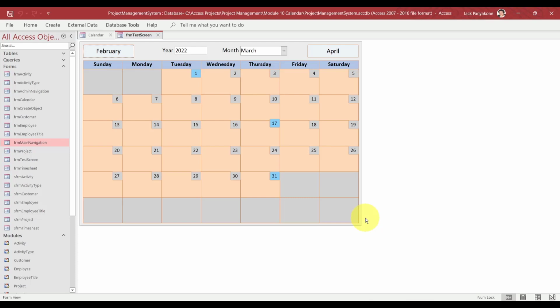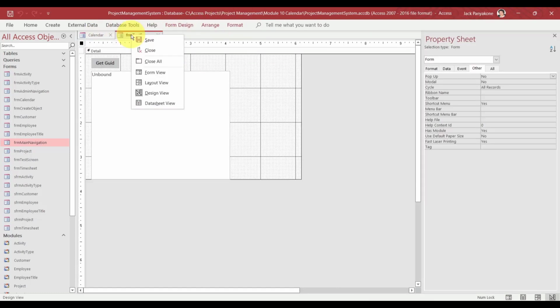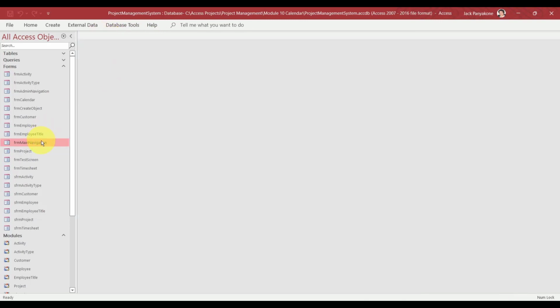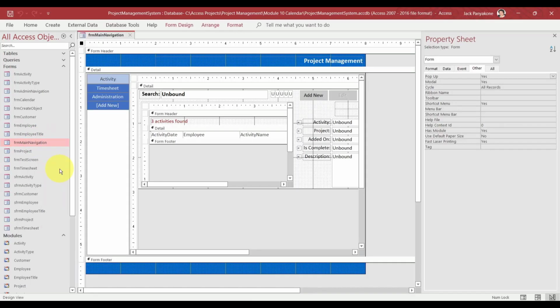We're going to leave it right there. Alright, let's add this to our navigation. I'm going to go ahead and close all. Close all. There, close all. And then open up this navigation in